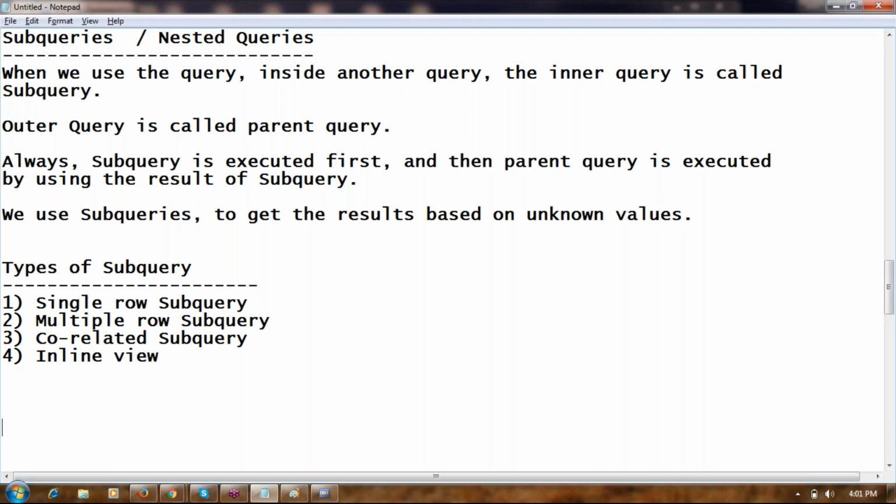How many types of subqueries do we have? Four types: single row subquery, multiple row subquery, correlated subquery, and inline view.